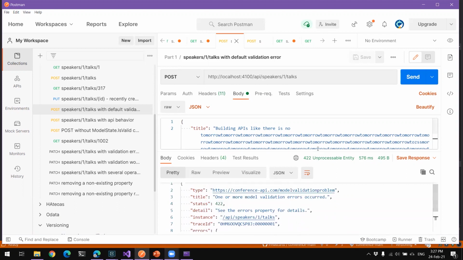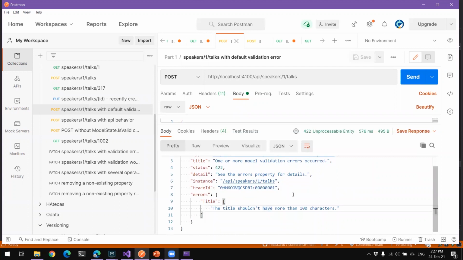So think about it. If you have this very specific format every time an error related to validation happens, for a UI developer, it's very easy to extract the fields from the errors and to display them in red or something like that.